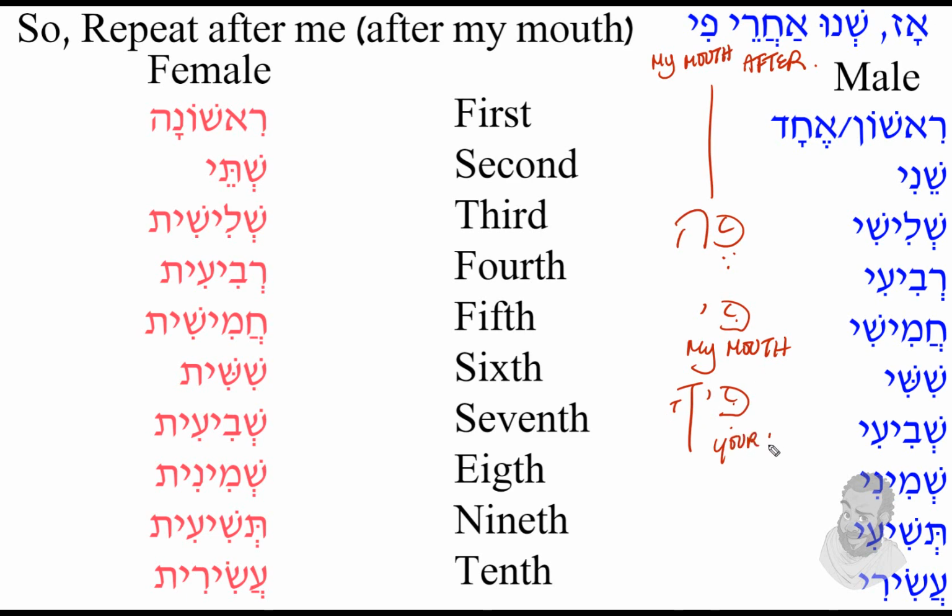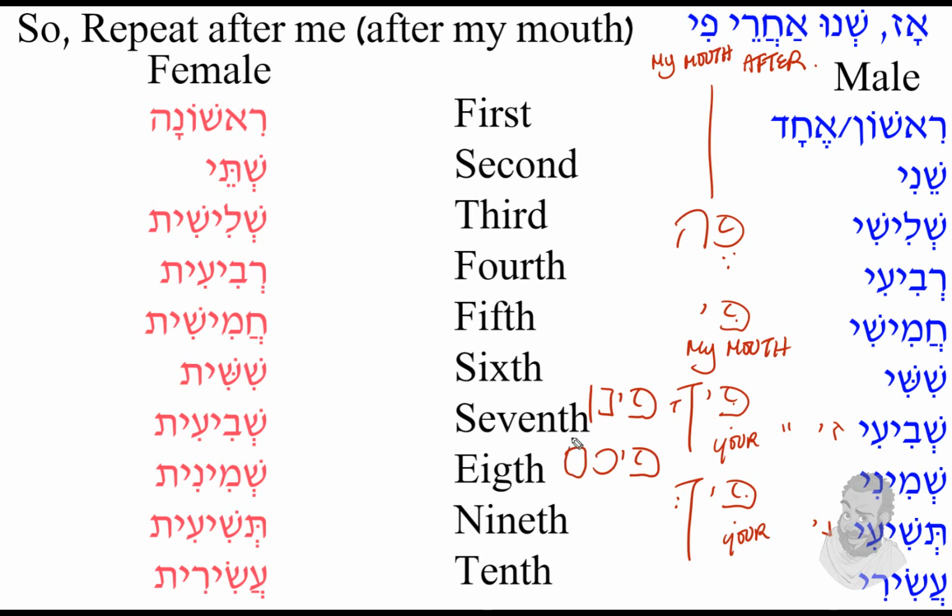Picha, your mouth, and this is masculine singular. Okay. Actually, let's put it this way. Zachar, and then we have the Yachid. Okay. So pich, this is your, again, Nekeva, and then Yachida here. So that's female singular. Okay. And then if I wanted to say our mouth, not mouths, but our mouth, it will be pinu. Okay. Now guess what? Your mouth would be plural. Okay. Not plural mouths, but you plural. It'll be